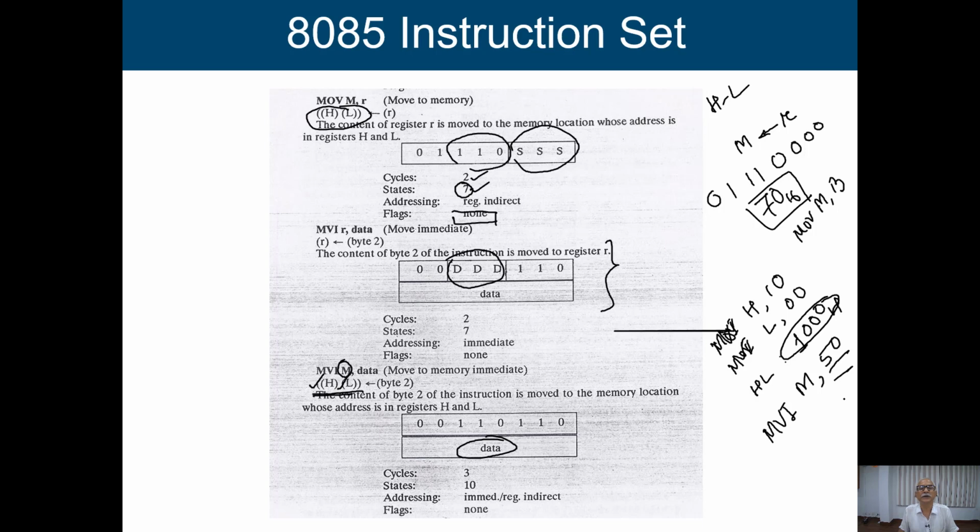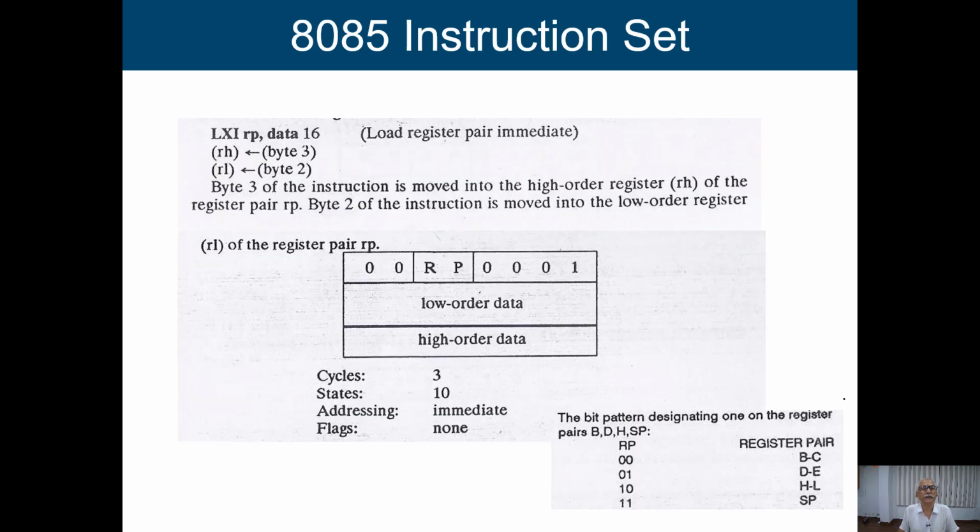So this is the way that we can interpret it. This is basically again the data movement category only. Next, we again have data movement, but it is going to transfer the information to a register pair. So this is the register pair information. In this case, 00 is going to indicate register pair BC. If I write 00000001, that means this is 01 in hexadecimal.